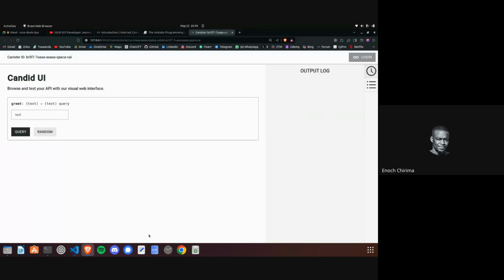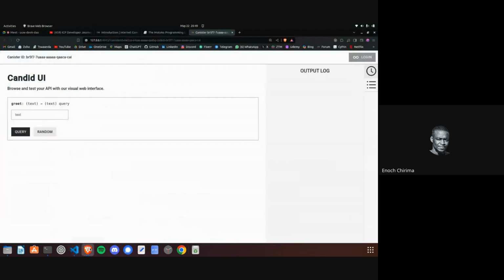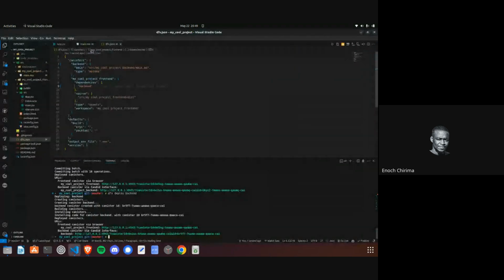This is the Candid interface. It is automatically generated by the CDK. When you deploy your canister, the canister interface will be automatically generated, so you can play around with this. If your canister is a live canister, if you deploy it on the Internet Computer network, you can actually log in with your Internet Identity, and then you can start doing some authenticated calls. So I deployed here to test this debug